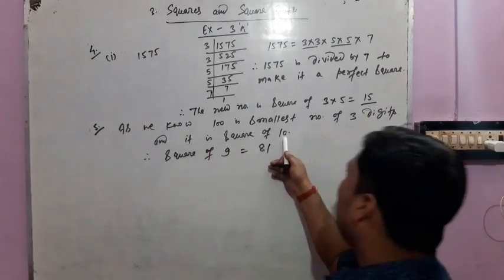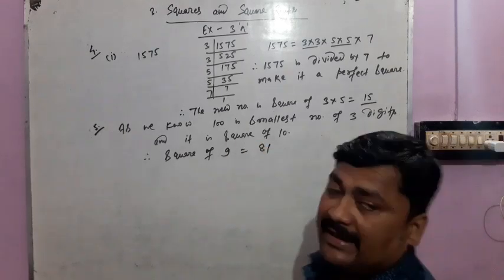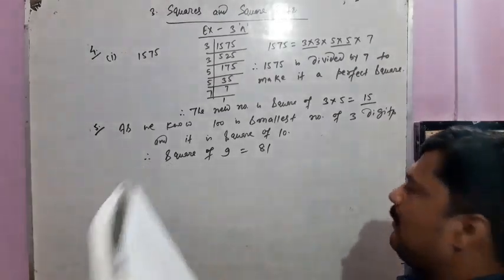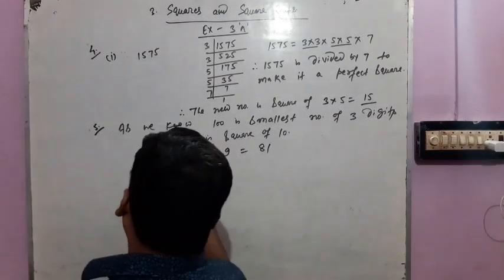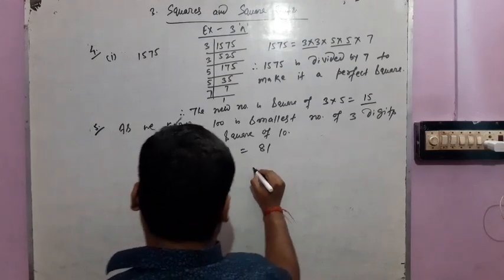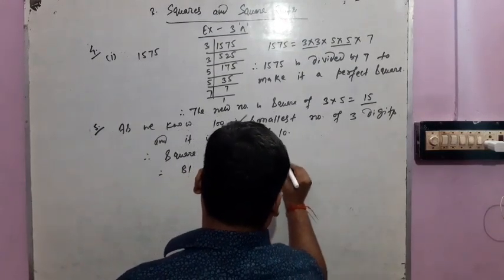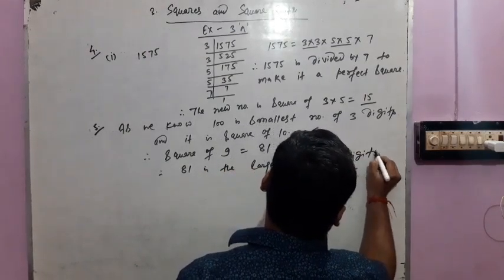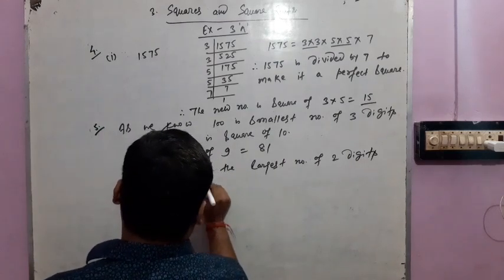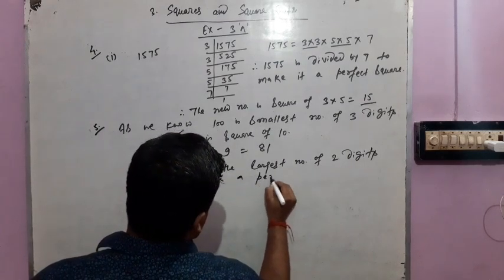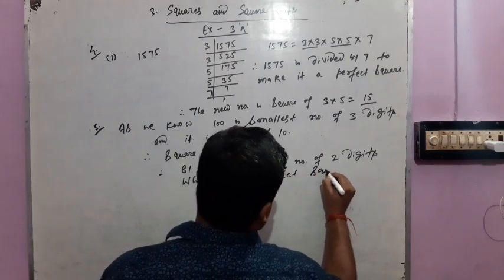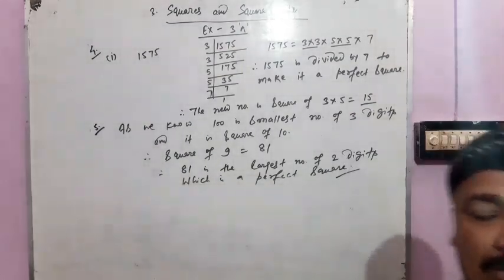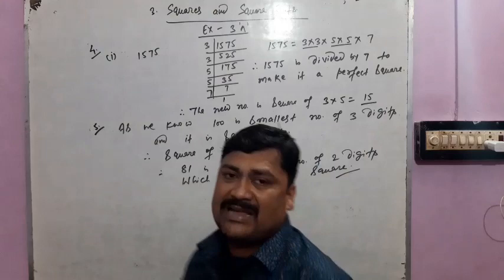If you take the square of 10, then it will be 100, that is a number of 3 digits. But in the question it is asked for the largest number of 2 digits which is a perfect square. Therefore, 81 is the largest number of 2 digits which is a perfect square. Okay students, we can also solve this question by the long division method, but